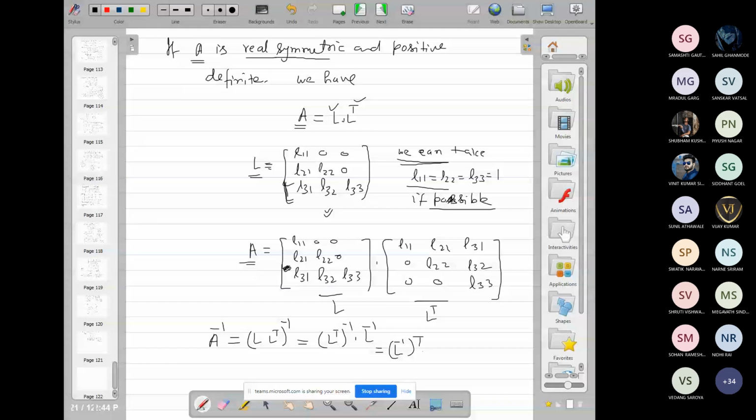And here we know that A inverse transpose is equal to A transpose inverse. So by using this, finally we obtained A inverse is equal to L inverse transpose into L inverse. So you see here, we only need to calculate L, and we can determine L easily, and then L inverse in the usual way.